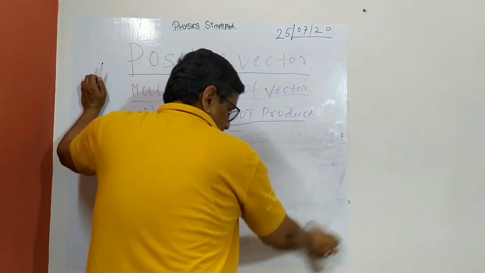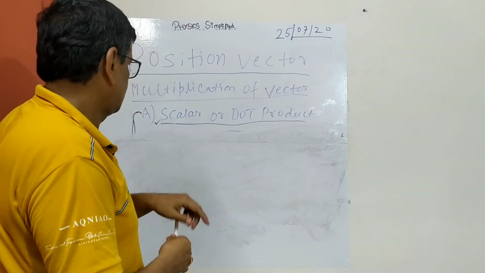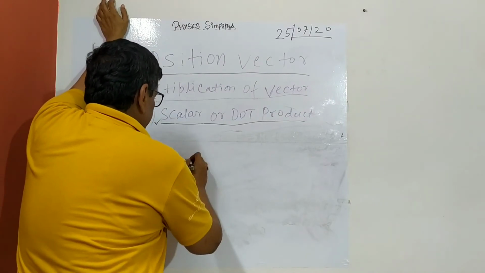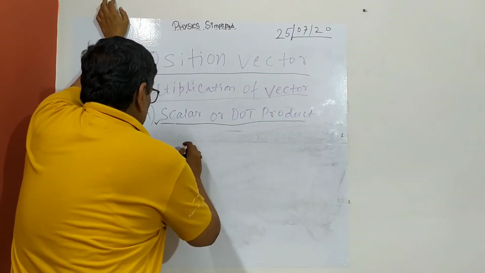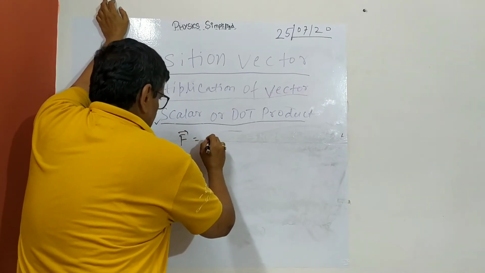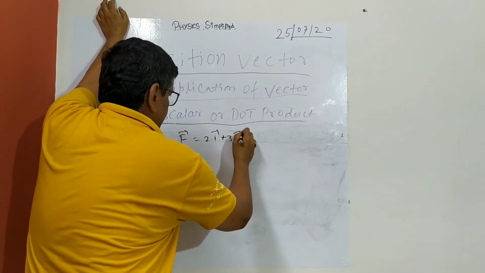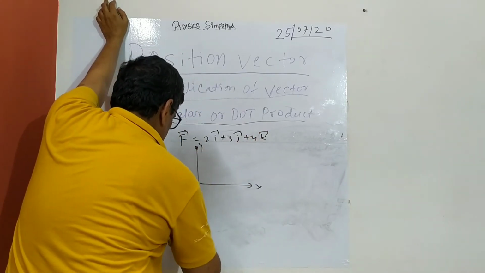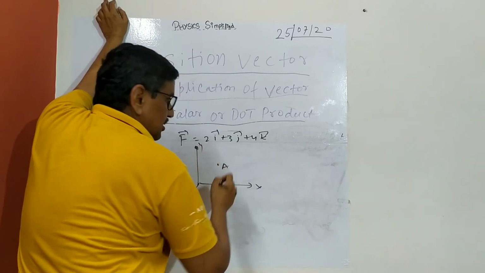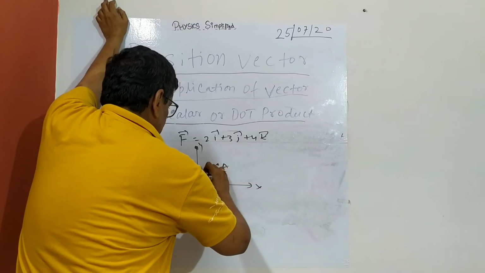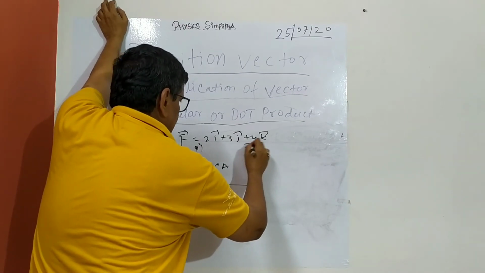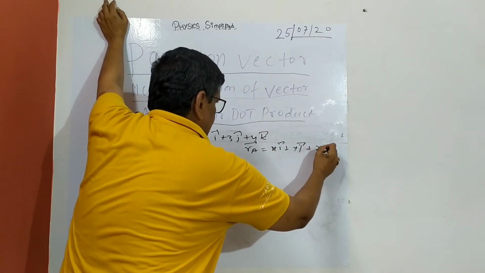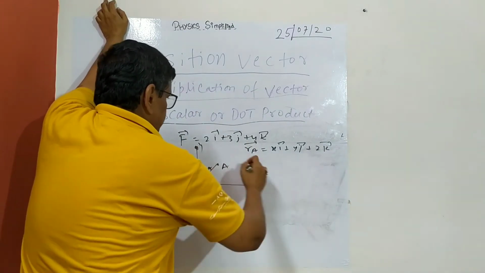the use of torque, or like, there are so many uses. Suppose electric field. Now first we will finish this. Okay, to calculate the torque, the force is given as 2I plus 3J plus 4K again, and that is acting at a point whose position vector, I have already told, is RA, and it is given something again, general xi plus yj plus zk. So now we have to find torque.